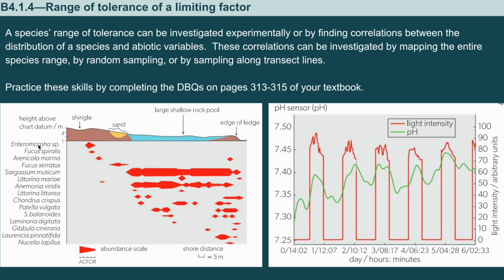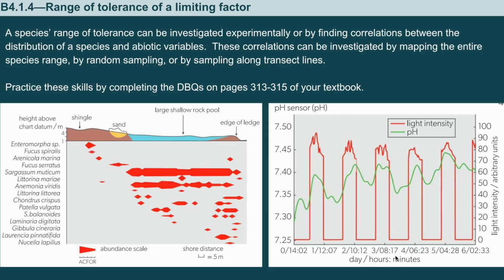This first one is looking at the distribution of a variety of species along this cross-section of a beach-type habitat with a rock pool, some sand, an edge of ledge. This kite diagram shows, by the width of the kite, the relative amount of each of these populations in that location. So for example, Enteromorpha species are going to live right up here above the sand, whereas you can see this Sargassum muticum are going to live in this large shallow rock pool, predominantly large numbers of them. So these red marks show not just the distribution, but also the thickness indicates the number or the abundance